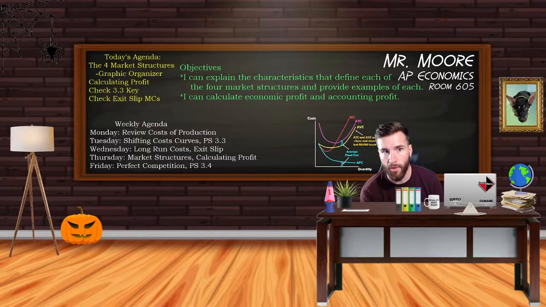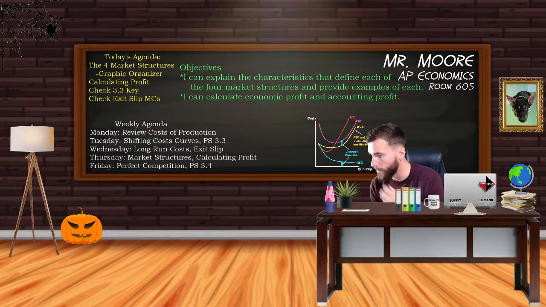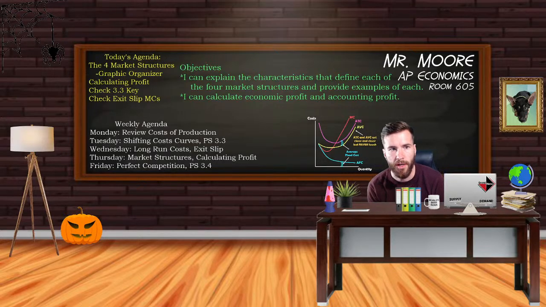The graphic organizer you guys are going to fill out is very, very important because we're going to learn about one market structure at a time. Today I just want to give a brief overview of each of the 4 market structures. It's a thing you're going to look back at multiple times throughout the course. So I really want you guys to fill it out. It's not busy work, right?